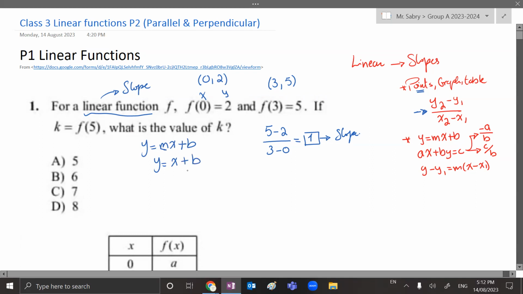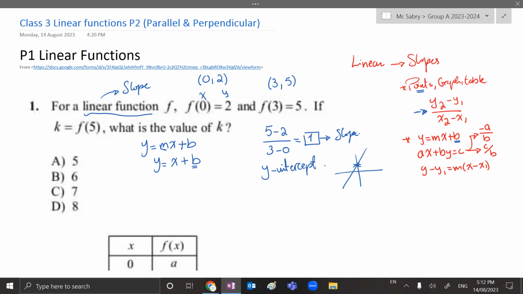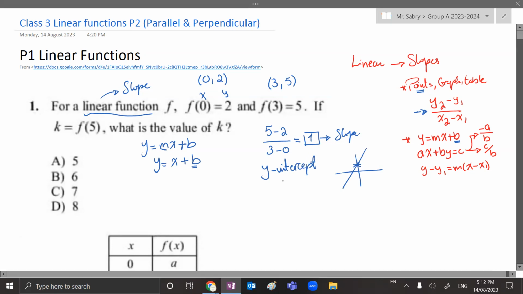طيب I need كده إيه؟ I need ال b بكام؟ ال b is the y intercept as we discussed قبل كده. ال y intercept is the point where the graph intersects the y axis, البوينت دي. أي point على ال y axis ال x coordinate بتاعتها بزيرو. What does that mean؟ يعني أي point تبقى ال x بتاعتها بزيرو، الرقم اللي هنا ده this is the y